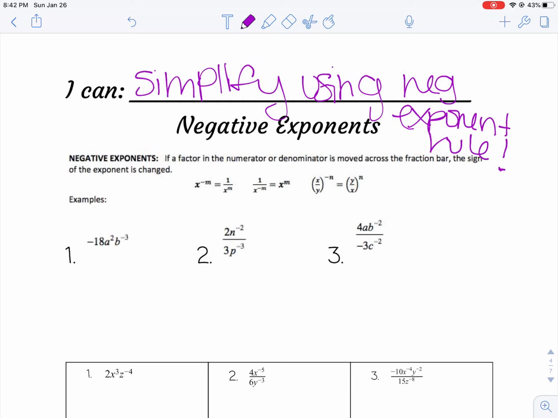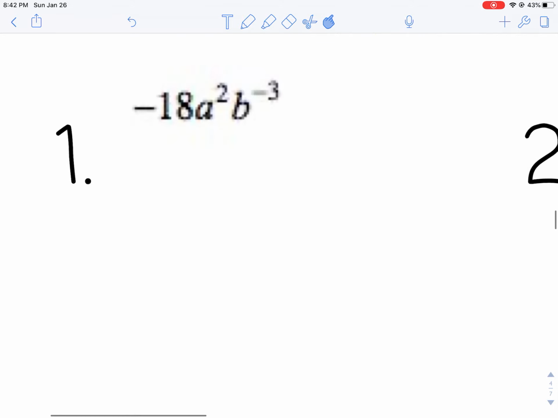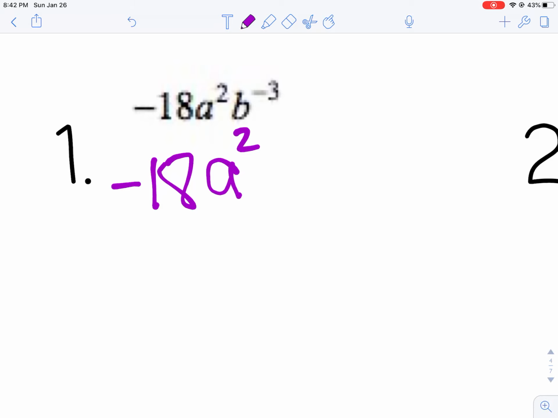So if you look at number 1, I got negative 18a squared b to the negative 3. One thing that I want to make sure that you realize is you can have a negative number. That negative 18 is fine just how it is. So I'm just going to rewrite the negative 18. The a has an exponent of 2 and it's a positive 2, so I'm going to leave that alone as